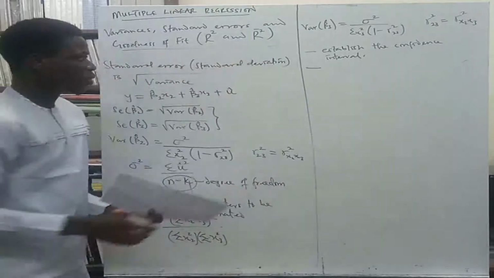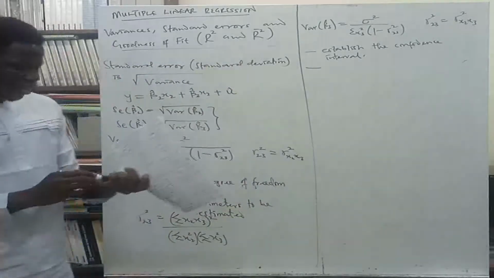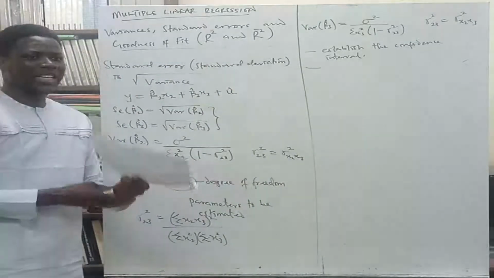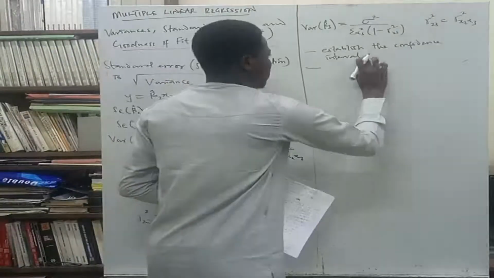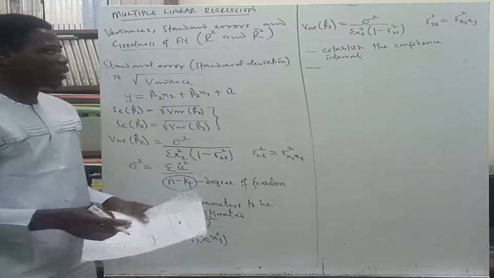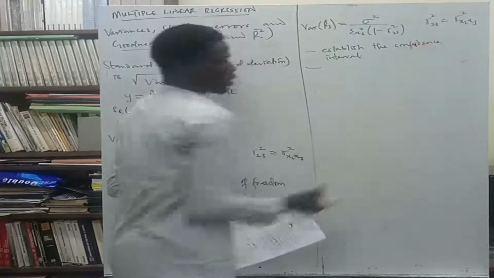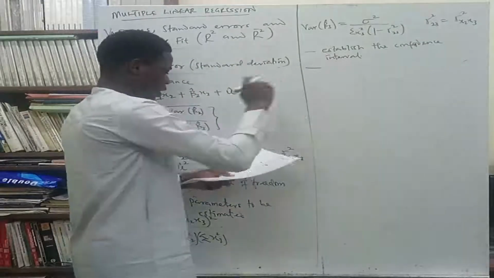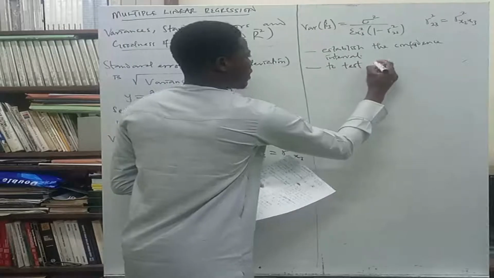So when we talk about the confidence interval, we say, okay, at 95% confidence interval, 90% confidence interval. So we are saying, okay, I am confident at 95% or at 90% that this will happen. And this will come in when you are testing your hypothesis. So that is one. Then the second one, that is also a corollary to this, is to test